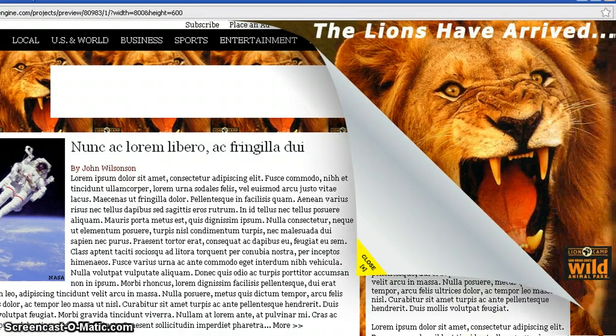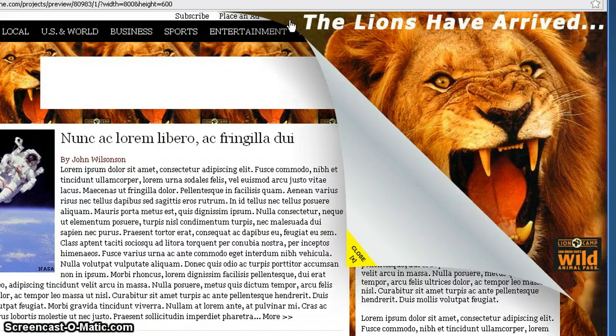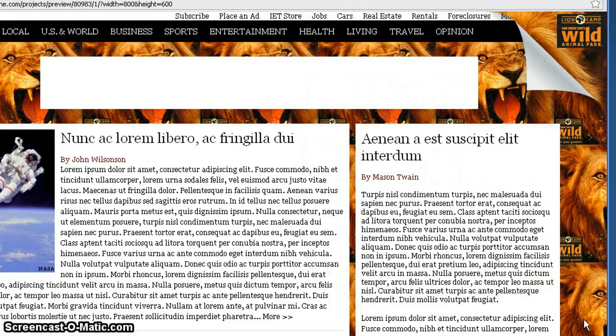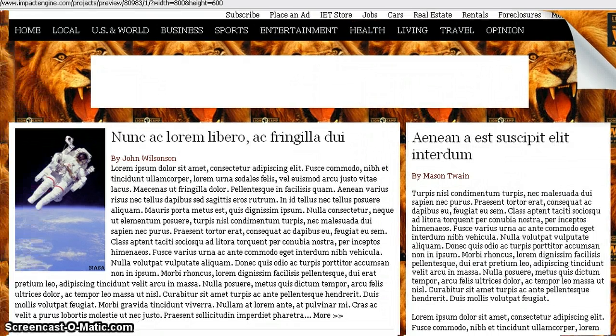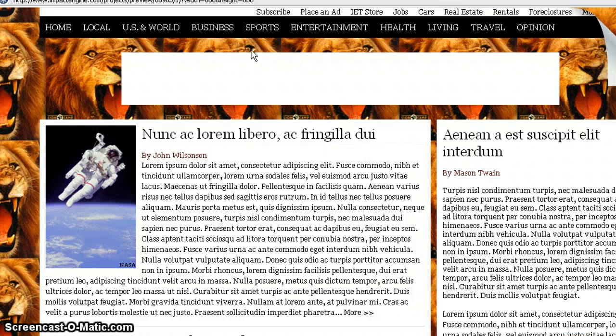Now, this is a relatively simple ad to put together in that the corner peel just contains one static image, JPEG, PNG, or GIF, whatever you want to put in here. And then the actual wallpaper unit can either be set to be one repeating image, like you're seeing here in this ad, or you can design it to be one large image instead of a repeating image that fits perfectly behind your site, and